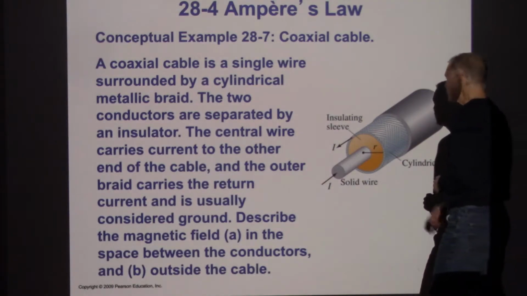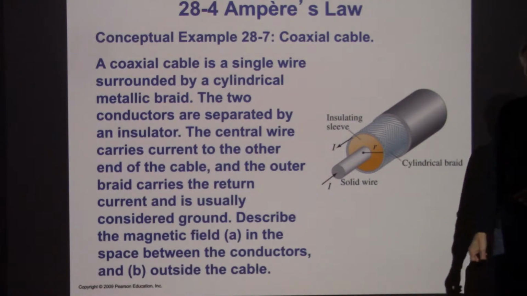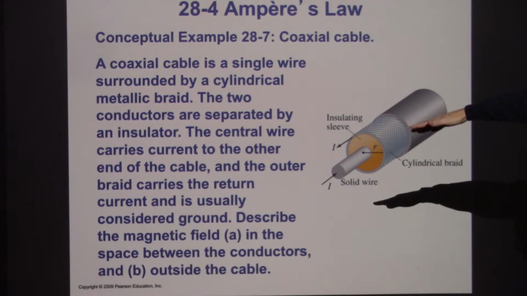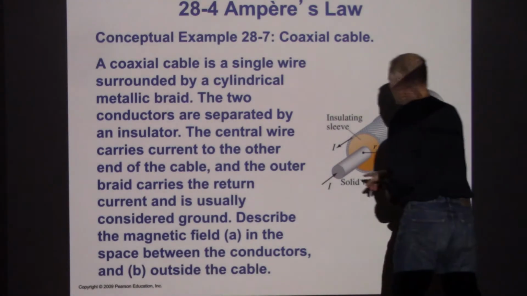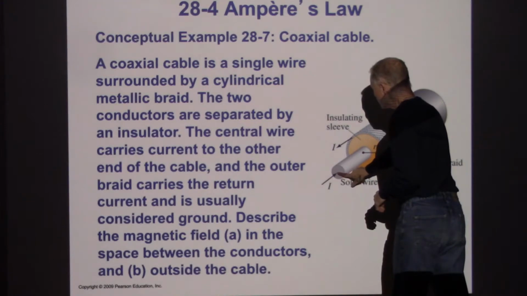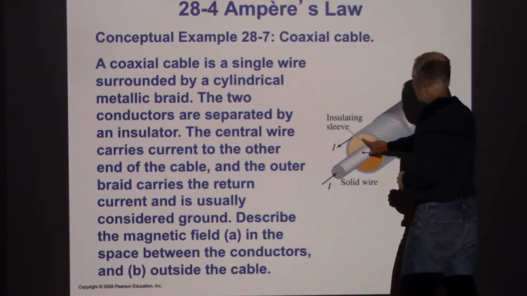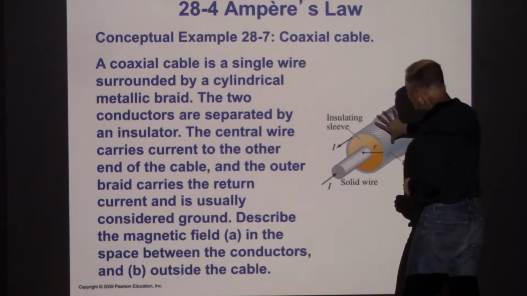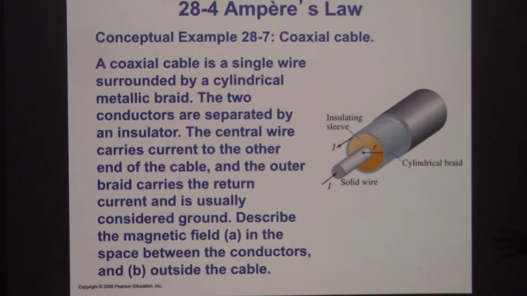Ampere's law tells us that I can ignore the current running through the outer portion as long as it's a long, reasonably straight cable. The current outside, the magnetic field effect, will cancel out. So as far as determining the magnetic field, I'm going to get some magnetic field inside this conductor itself, just like in the last problem. And then I'm going to get some magnetic field surrounding it in these right-handed loops. But once I cover that with an equal amount of symmetrically placed current going in the opposite direction,